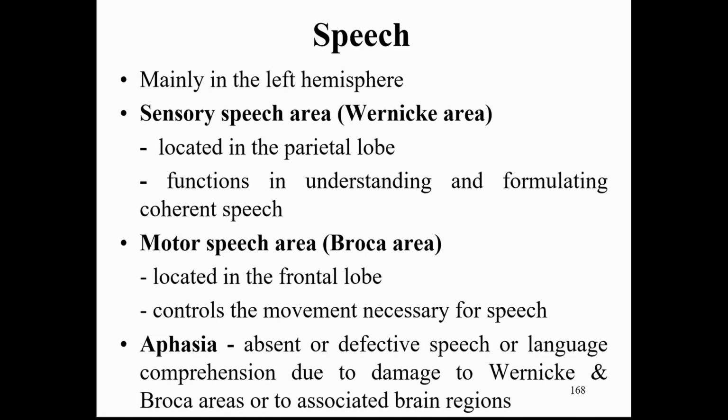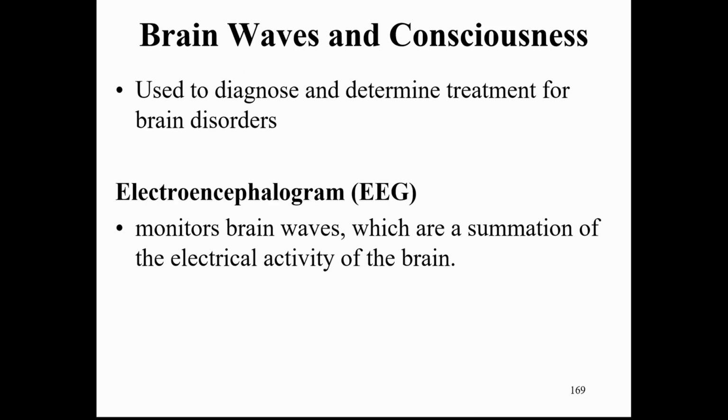Okay, so when we say you have aphasia, it is absent or defective speech or language comprehension due to damage of the Wernicke and Broca areas due to associated brain lesions. Okay, we have different types of brain waves. These are used to diagnose and determine treatment for brain disorders. We use our electroencephalogram or our EEG to monitor brain waves, which are a summation of electrical activity of the